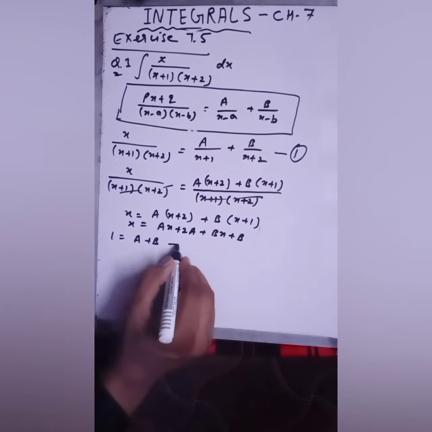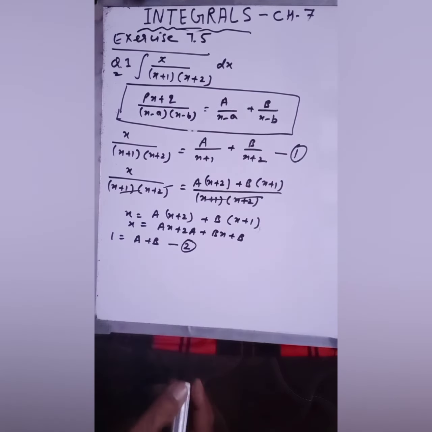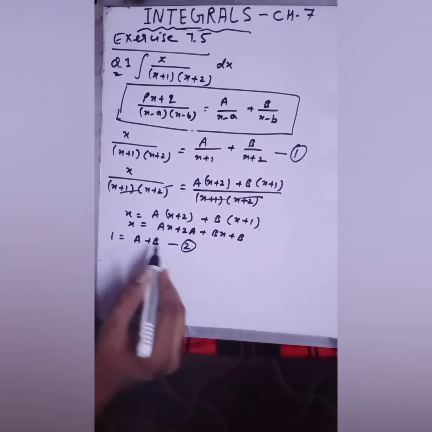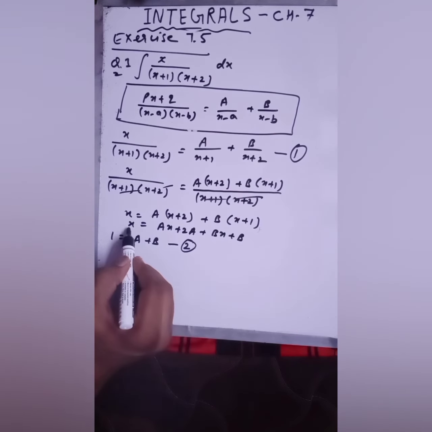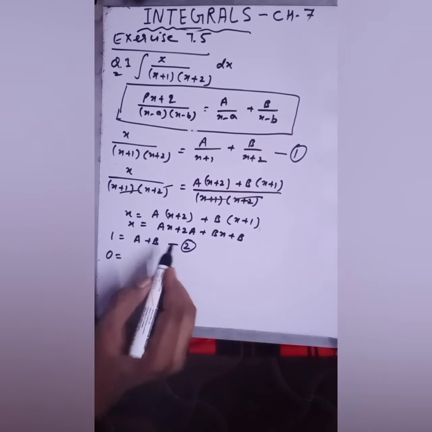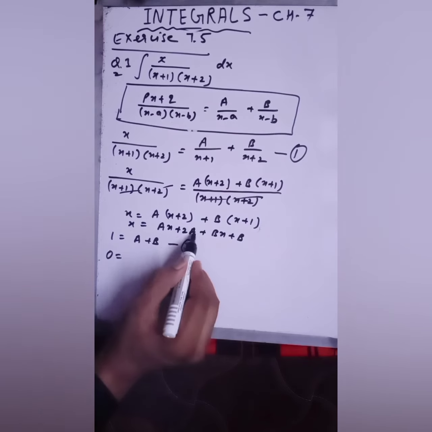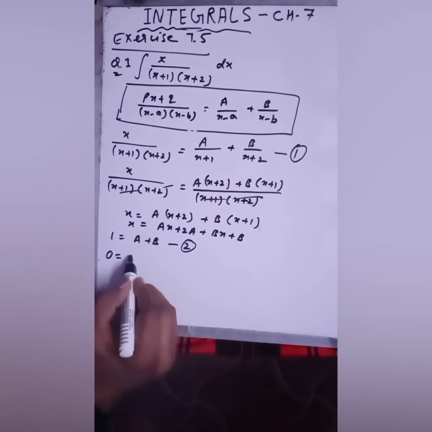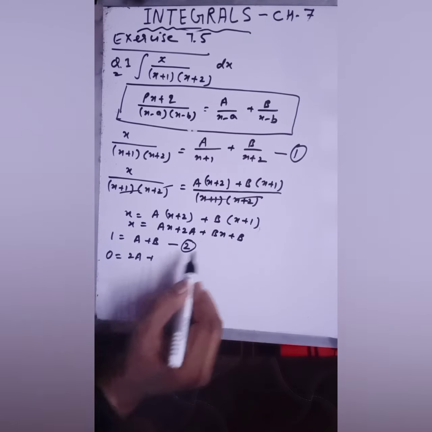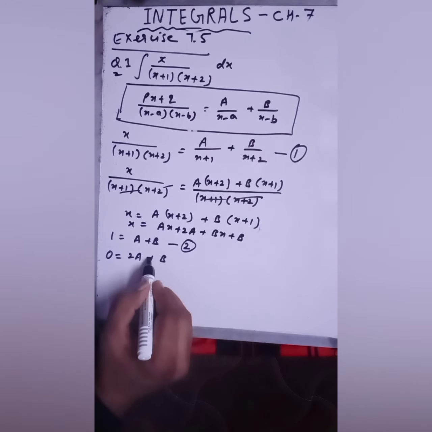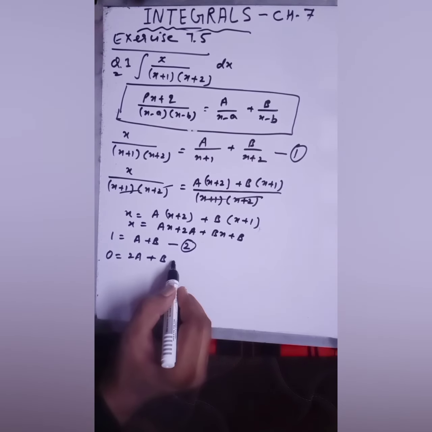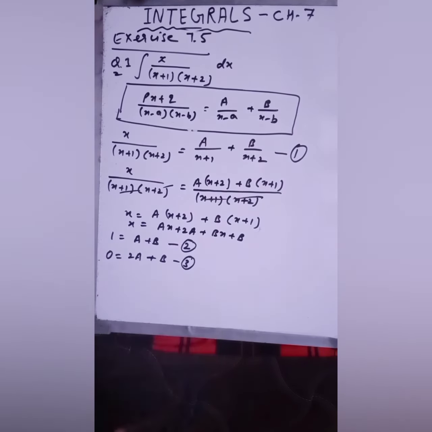So this is our equation number 2. Now we are comparing the constant term on both sides. So constant term means what? Here we have ax only, so there is no constant term. So you will take 0, that is equal to the constant term. On the right hand side you have 2a and similarly b. So you will get 2a + b. So this is your equation number 3.